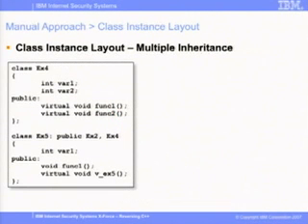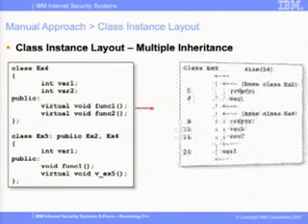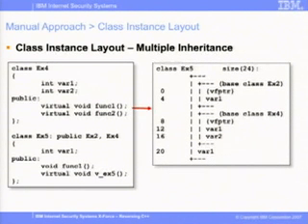If a class inherits from more than one class, this will happen. In this case, we have class x5, which inherits from class x2 and class x4. As you might have guessed, the same thing happens. The base classes' instance data are embedded inside class x5's instance layout. If you may have noticed, class x5's